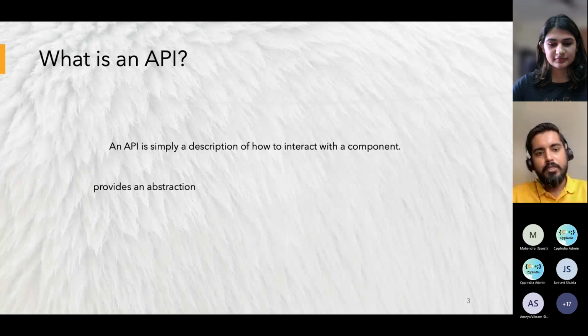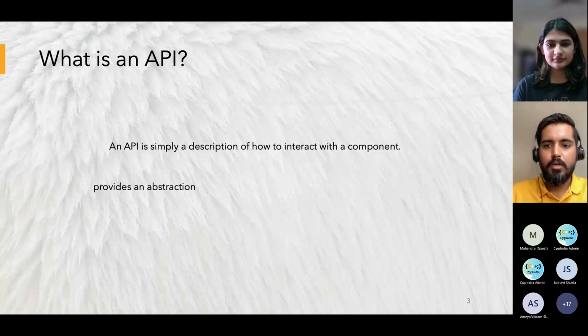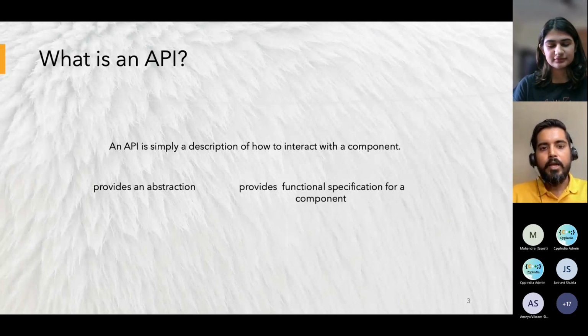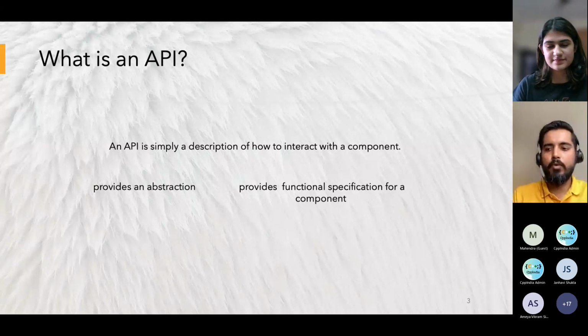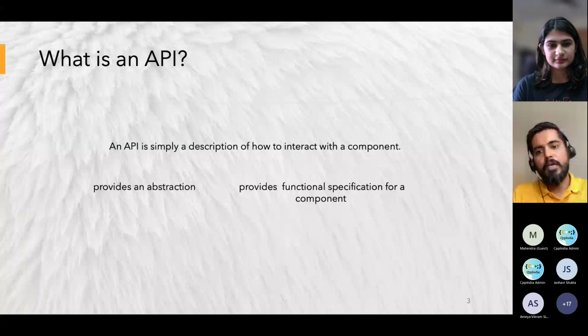So an API provides a good abstraction, and it gives you a specification of the components. Like if you are writing some API to connect to an external server, you are telling them, okay, your APIs will be like connect, disconnect, send, receive.